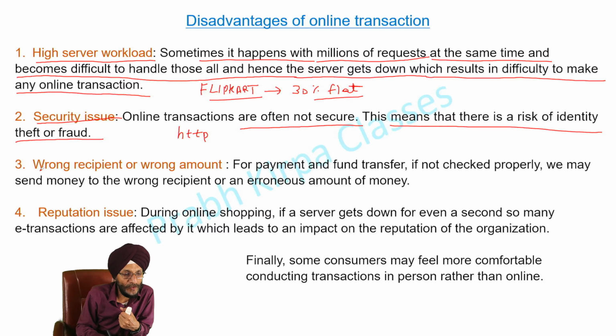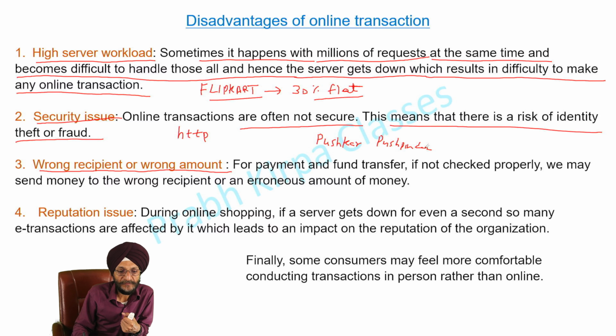Third limitation of online transaction is wrong recipient or wrong amount. Suppose we want the payment to be sent to, say, Pushkar, but through an oversight we have sent the payment to, say, Pushpinder, whose account was already available in our internet banking. So what will happen? It is quite possible that we may not be able to recover the same from the other person. It is also quite possible that we had to send payment of rupees, say,